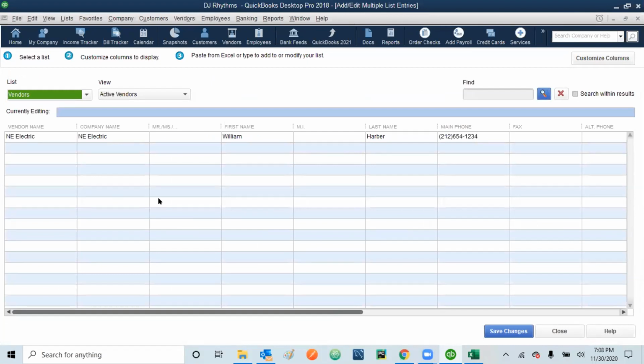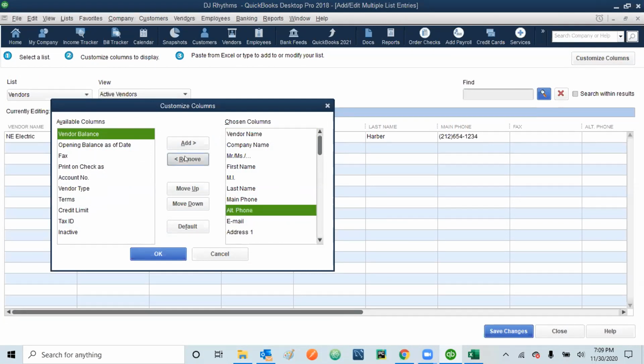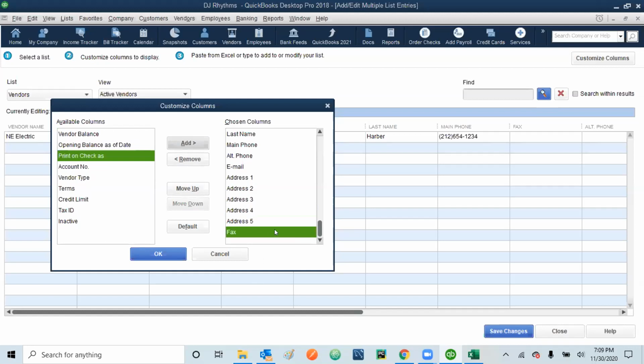The only thing is that last time I missed showing you this. If you want to customize, let's say if you don't want fax, you can always go with the customize columns. And then, let's say here you have fax. The same way we have done in the customized toolbar, if you remember, the quick access toolbar. So if you don't want fax, you can just simply click fax and then remove it. Now you see it is not available here. If you want fax back, just select fax and then click add. And now it is all the way down.